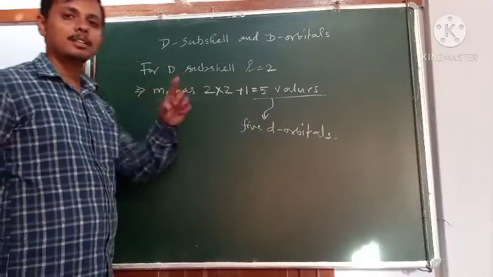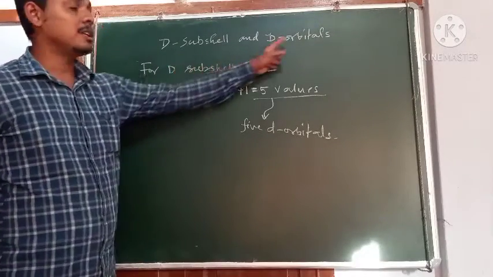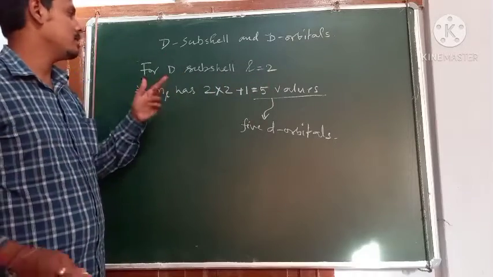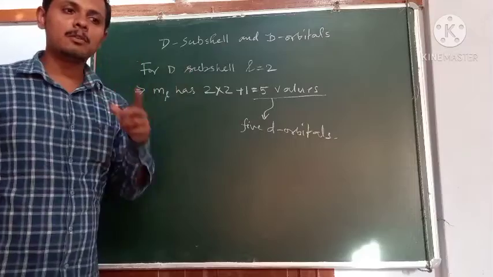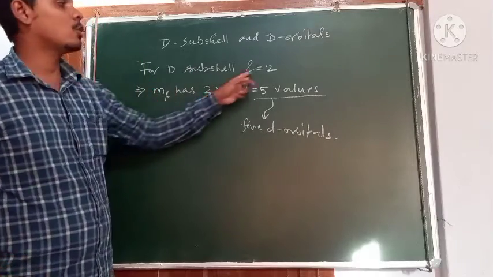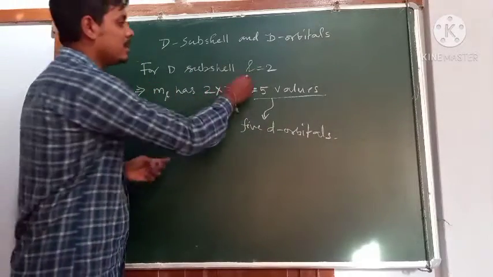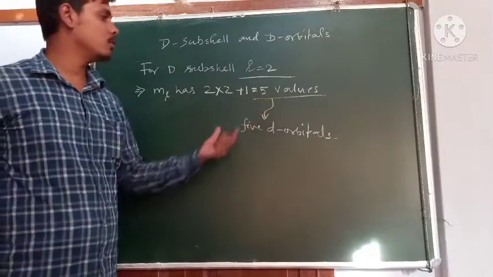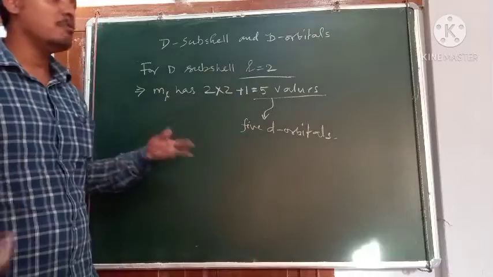So let us now discuss about the d subshell and the d orbitals. D subshell or d orbital বিষয়ে discuss কৰিম আমি আজি. So for the d subshell, যেটো d subshell হ'ব আমাৰ, d subshell ৰ কাৰণে L ৰ value 2 হ'ব. Azimuthal quantum number is 2. যদি L ৰ value 2 হয় তেতিয়াহলে ml ৰ value 5 টা হ'ব. 2 into 2 plus 1, this 5 values. So এই value কিটা কি কি?